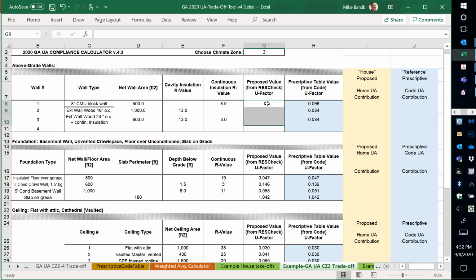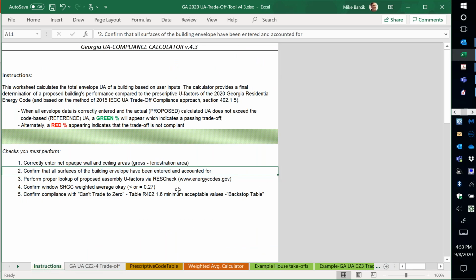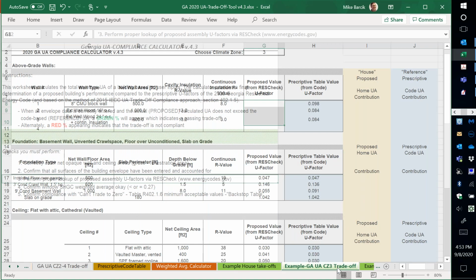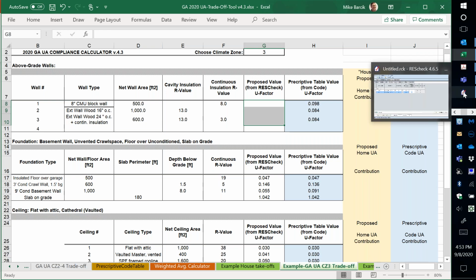So RESCHECK, Joey, where do you get RESCHECK? Energycodes.gov. Yep, and I probably meant to show the link to that, but I didn't. Energycodes.gov is the website where you can download that. I think it's on the instructions as well, right there, energycodes.gov. So in this example, I'm going to go to RESCHECK and I'm going to make an 8-inch